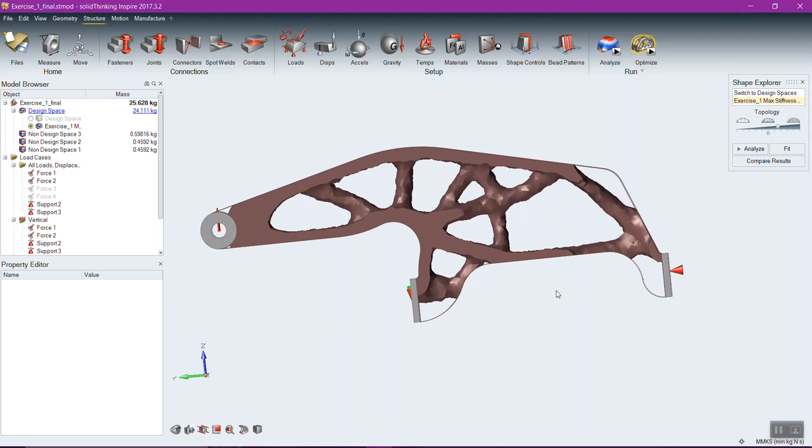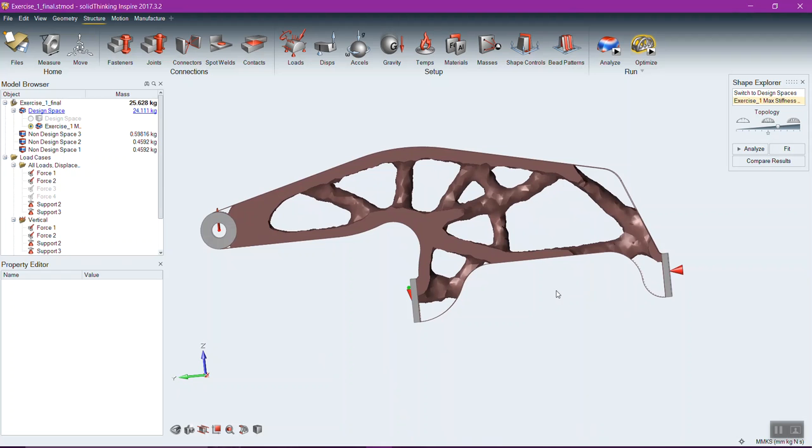And from here, now I can click the little Analyze button, and it would take this shape and run another analysis on it, so I can make sure that it achieves the goals that I set forth on it, that it doesn't exceed the yield strength of the material, that this part is manufacturable, or that this part is structurally intact, and then I could take this concept back to a CAD system and begin to develop a part from